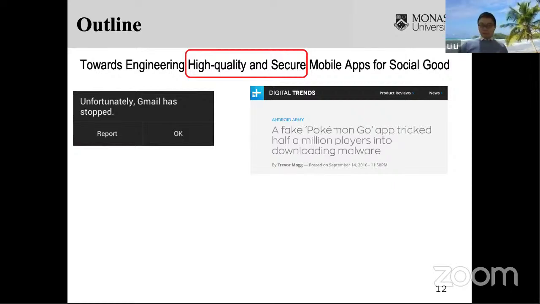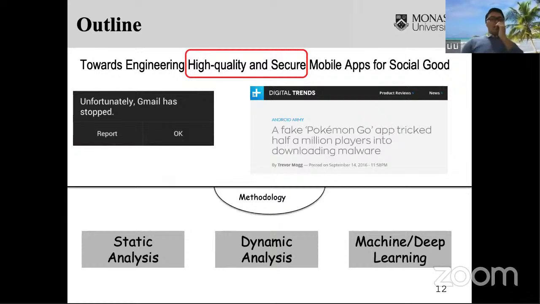To cope with that, our community has also invented various approaches to help developers and users mitigate them. To the best of my knowledge, those approaches generally take three types of techniques: static analysis, dynamic analysis, and machine learning and deep learning based approaches.